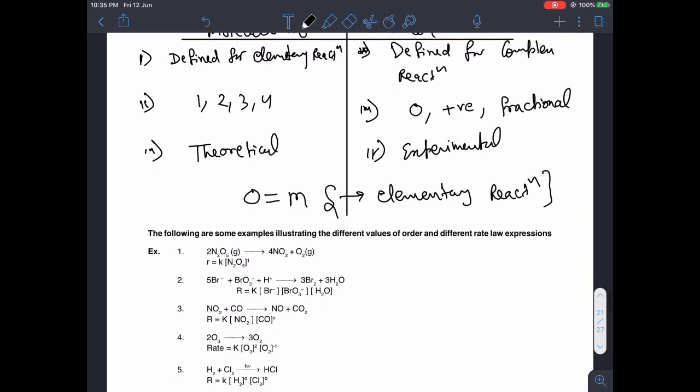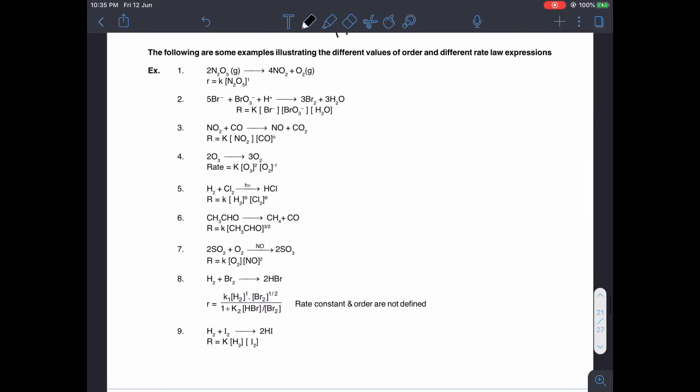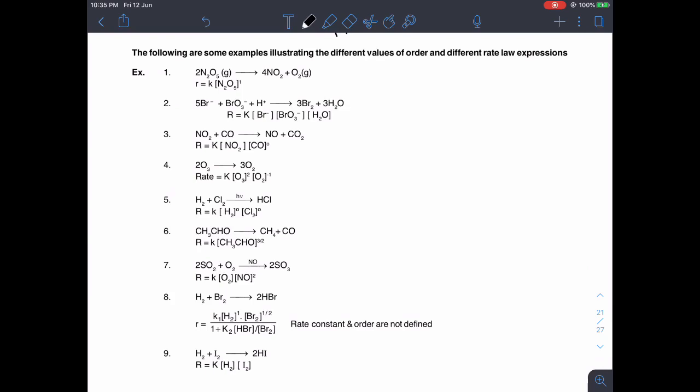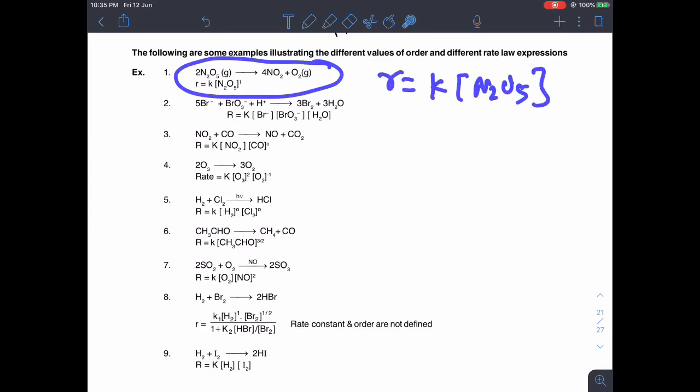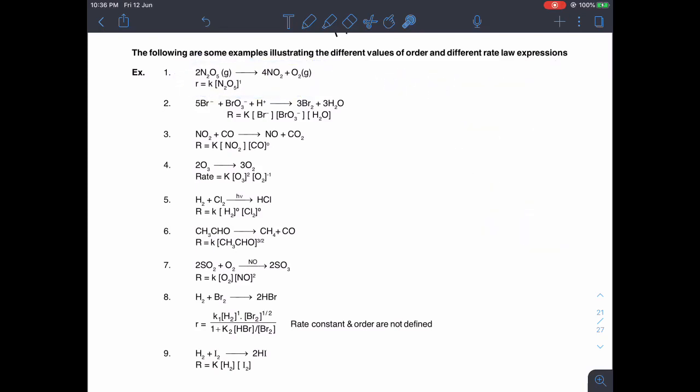Now, here are certain examples which I have collected. The following are the examples. Now, as you can see in the very first case, what is the rate expression written? R is equal to K N2O5 to the power 1. Means order is how much, guys? 1. What is the molecularity for this? So, definitely it might be a complex reaction, so it is meaningless. But if you forcefully ask, I will say that okay, if you are so interested, I will tell you 2 by looking at the stoichiometry, otherwise it is meaningless.